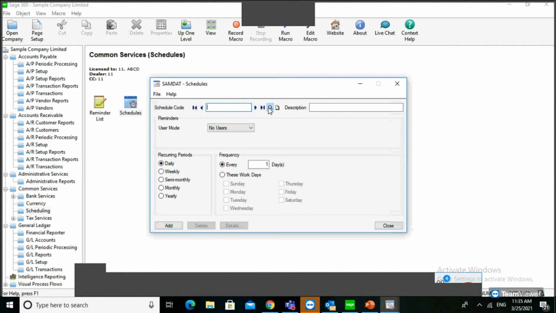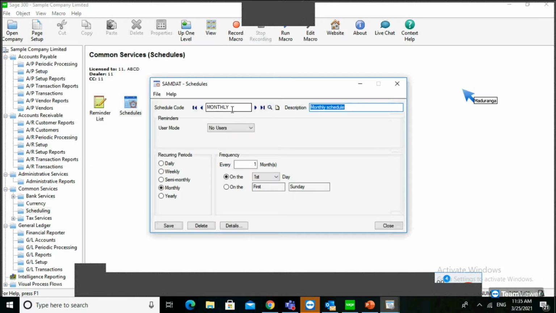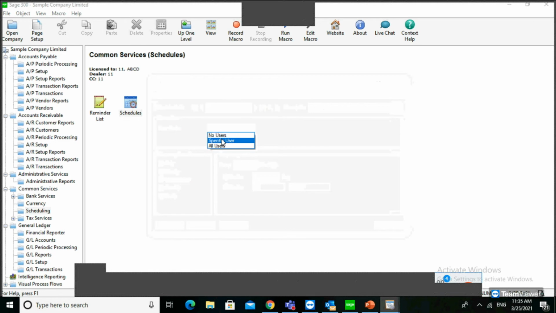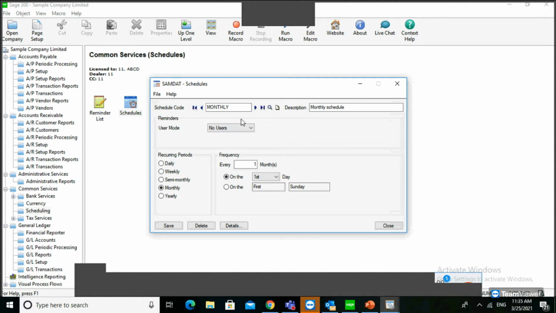If you are defining the schedules, let's say I already have the monthly schedule. In the monthly schedule, you can see who is the user I need to be reminded when you are doing the recurring ND.